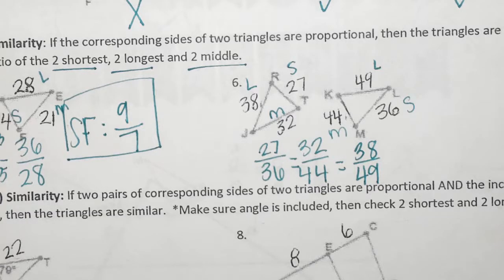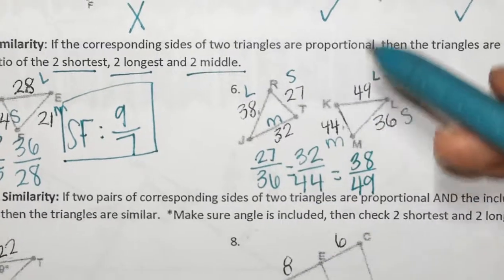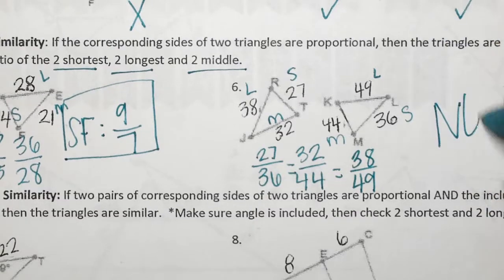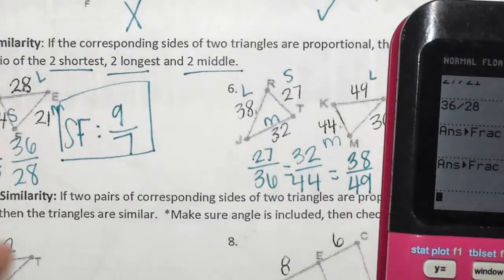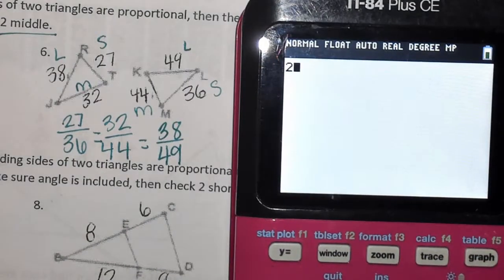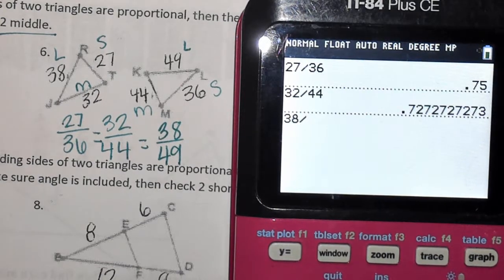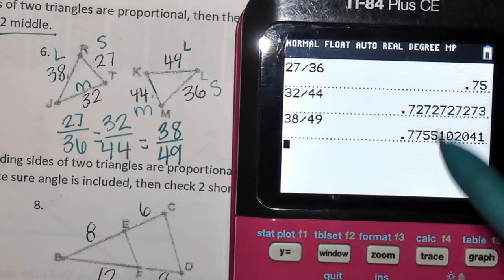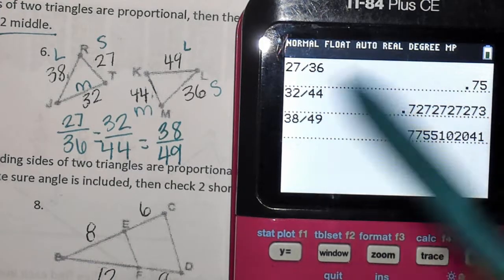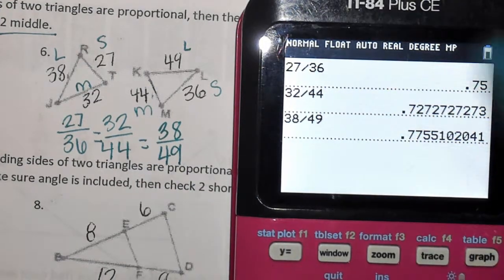What'd you find? Are they similar? No. Because 27 divided by 36, 32 divided by 44, and 38 divided by 49, neither of these are the same. So I don't even have to worry about trying to reduce the fraction because none of them have the same